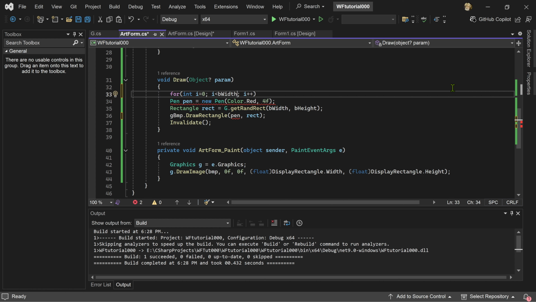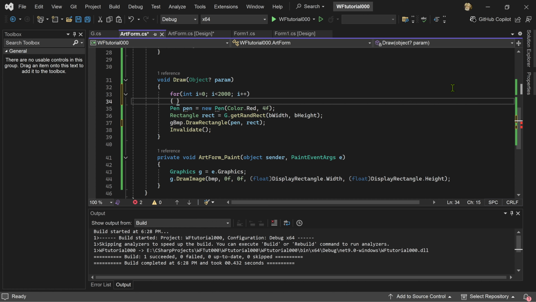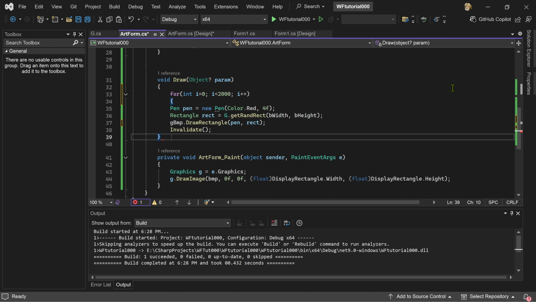I don't like the way it finished this out. In other words, what I'm going to do here, instead of drawing one rectangle, I'm going to draw 2,000 rectangles. And instead of making them all red, I'm going to,